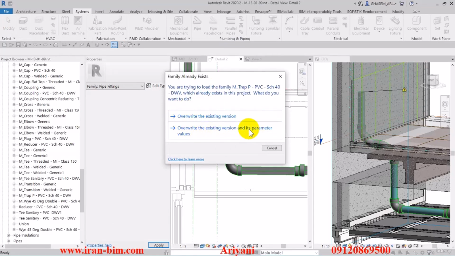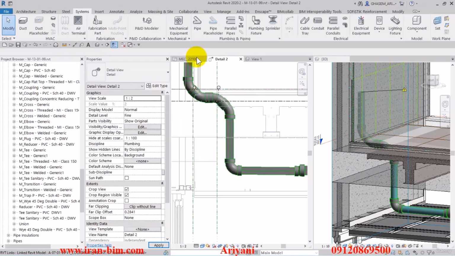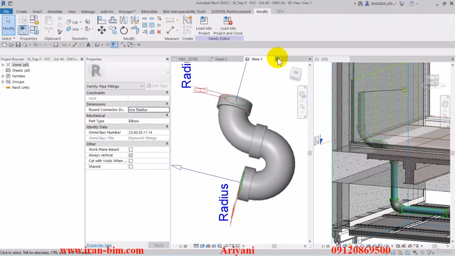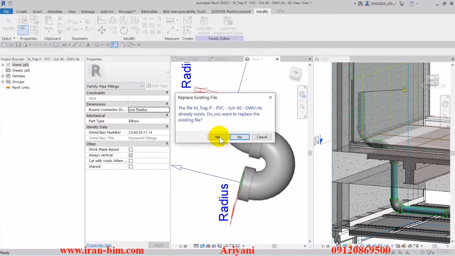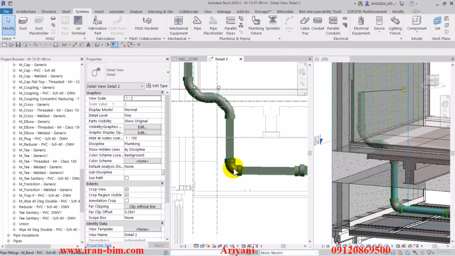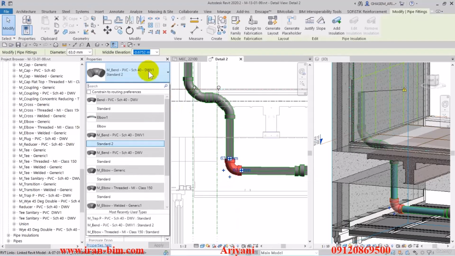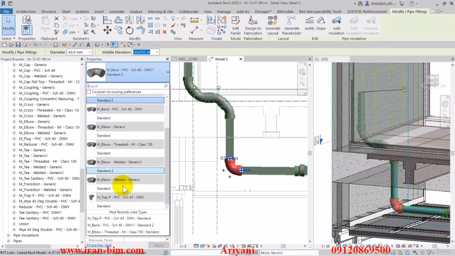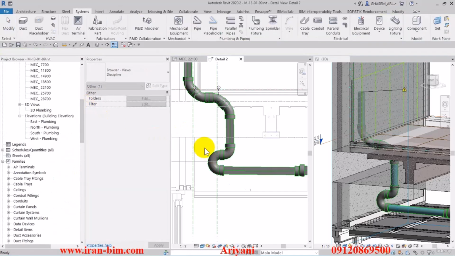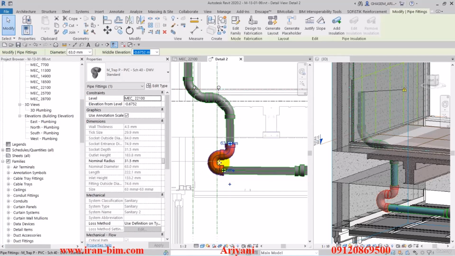Here, click on the override the existing version and its parameter value option. Alright, so we don't need this view anymore, so I'll go up here and close it. Yes and yes. Now I'll save this so we won't have to do all of the editing later on anymore. Now if I select this, it will pop up under the elbow list that we have here. Now if I click on it, it substitutes the part in the plan, but we'll have to rotate